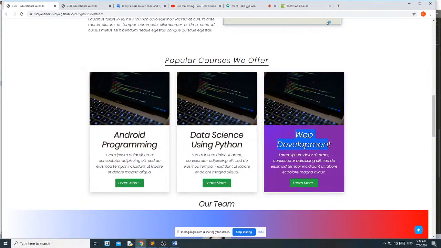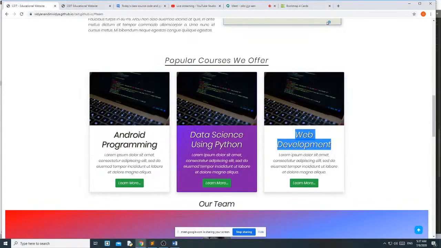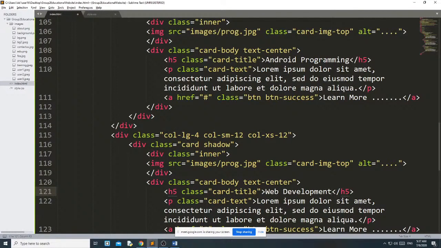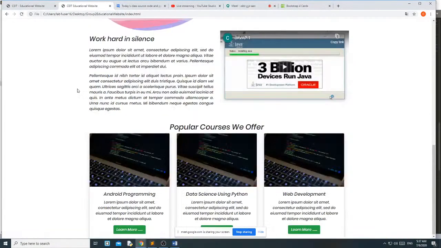The last one is web development, and this one data science using Python. Save it and see, you get 3 cards.